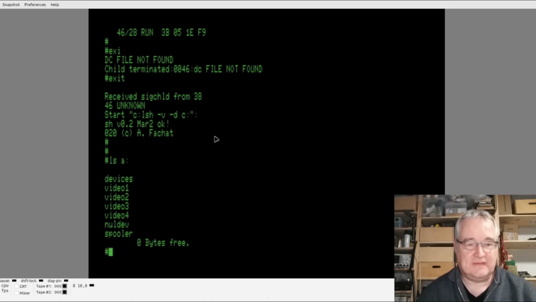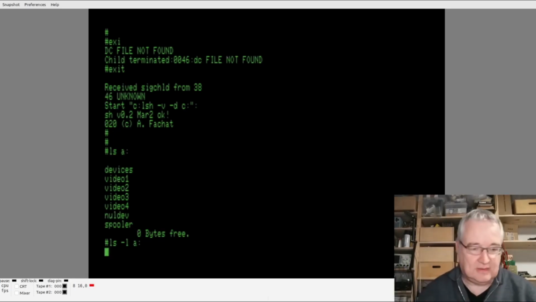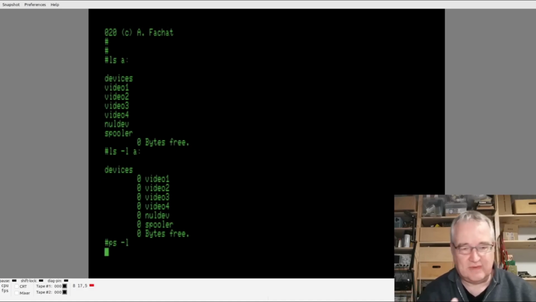So you can see the devices. You can also do some long format, because that shows actually the devices and their names. And then we have 4 video devices and a null device, a spooler, and that's it. On the Commodore 64 you would also have a serial device. So we have 4 video devices,